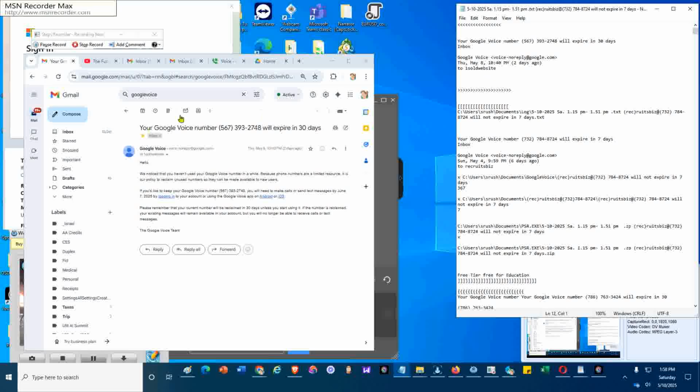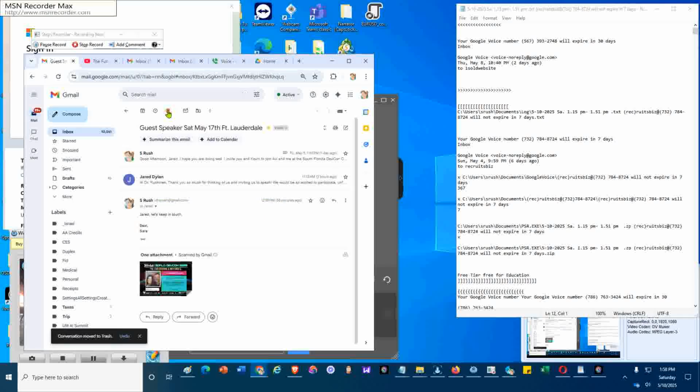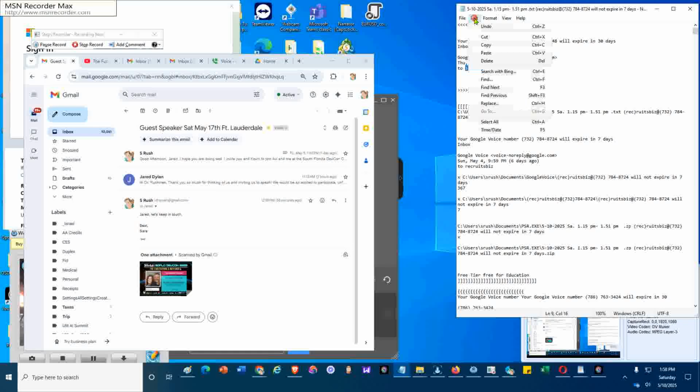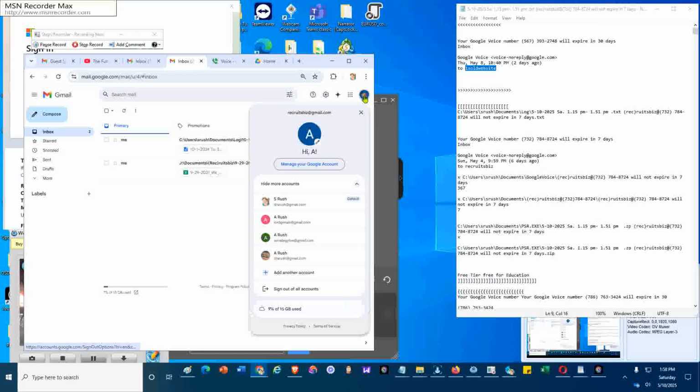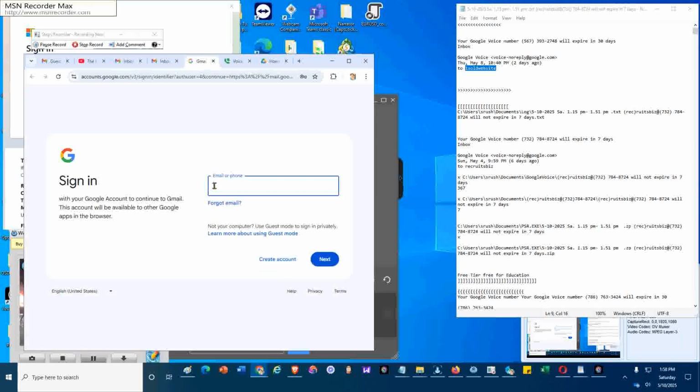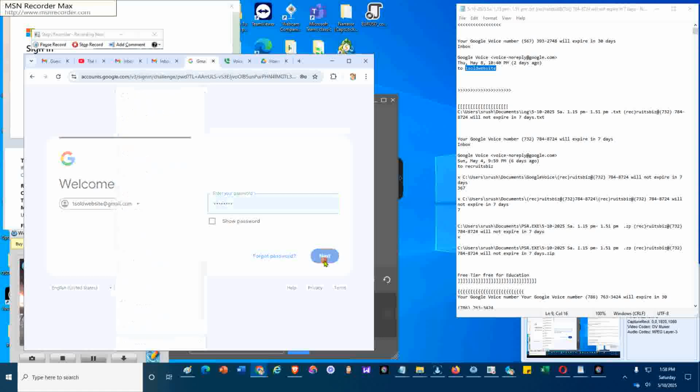And now I'm ready to delete the message and log into it. I'm going to delete this message because it will not expire since I'm going to make an outbound call. I'm going to mark it 1 sold website, edit, copy. And now I want to log into this new account, 1 sold website. So I'm going to scroll down and select add another account, paste the new account in the dialog box, and then select it and go next, next,